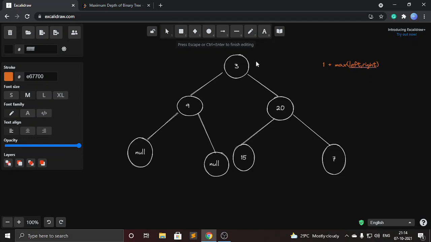Now let's understand this problem using this recurrence relation. First, from the root node it will go to the left side. Then it will encounter 9. The left side of 9 is null. Whenever we encounter a null, we will return 0.